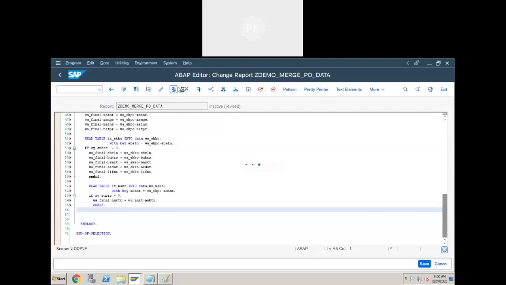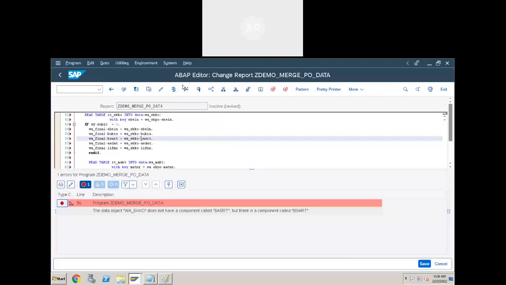See, when you get syntax errors, observe that error carefully. You will find the solution. Most of the time, it is going to suggest a fix. It does not have a component called BASRT, BSART. It's a typo.